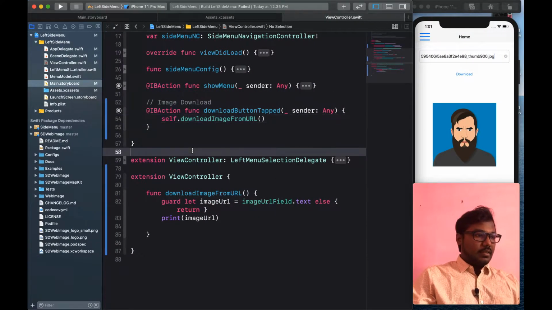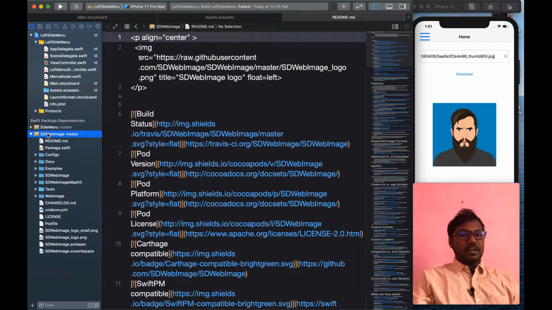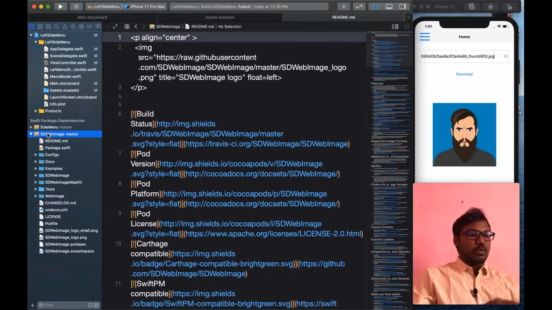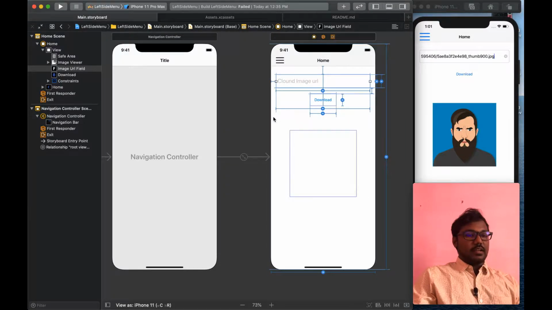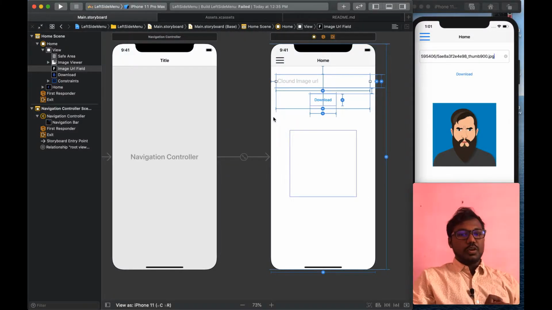Here I already added the dependency of the Swift package to my project, and I also created the UI for the image downloading, as you can see on the right side of the simulator. There is one text field, a download button and an image view, which I designed on the storyboard.